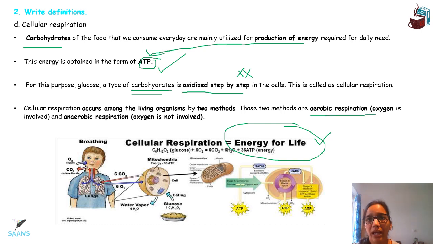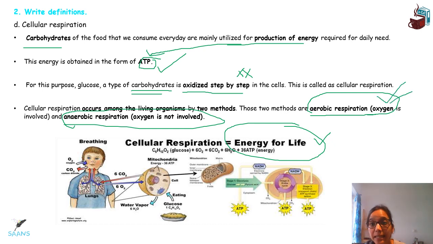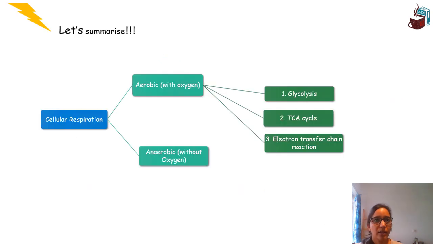एक तो एरोबिक, एरोबिक मतलब एयर के साथ, दैट इज विद ऑक्सीजन, एंड वन इज विदाउट ऑक्सीजन। सो फर्स्ट वी ट्राई टू अंडरस्टैंड इन डिटेल कि एरोबिक रेस्पिरेशन क्या होता है, ठीक है। सो लेट्स गो, so let's summarize